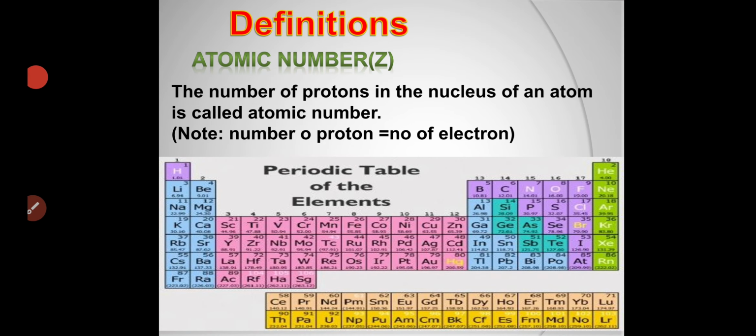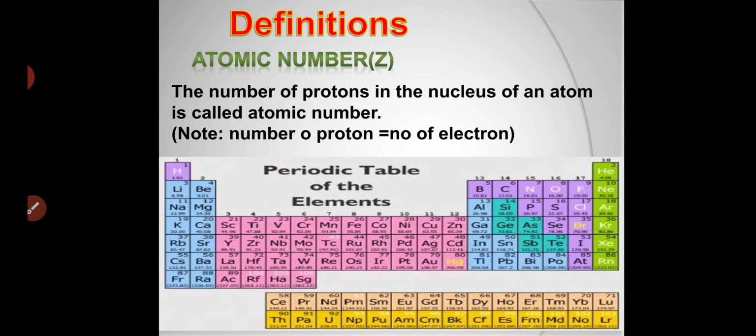As we studied in the last lesson, the periodic table is very important to you. Here the first one is hydrogen, H, right? You have to practice this periodic table. It is not possible to remember all of it, but at least the first 20, you have to remember their atomic numbers and their symbols.